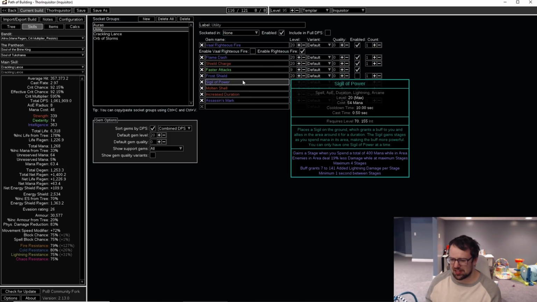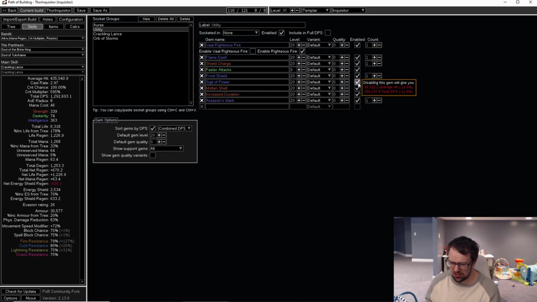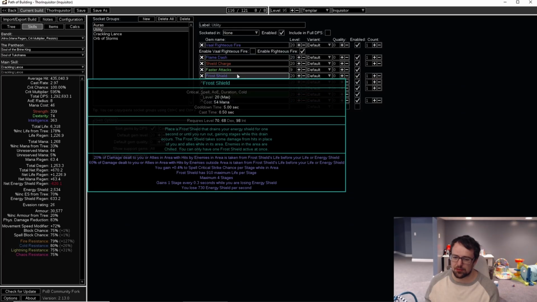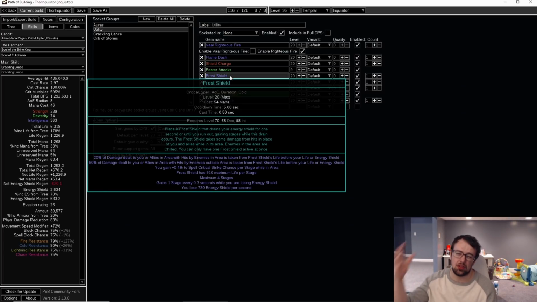And then utility skills, we have Frost Shield, Sigil of Power. These are basically bossing only. You'll see when we have these active, our DPS goes way up. But you'll notice on the PoB, the net regen for Energy Shield goes way down. The reason is Frost Shield technically gives you a 730 Energy Shield degen per second, and it only lasts 1 second. But the Frost Shield itself will last a long time and give you a lot of extra tanking